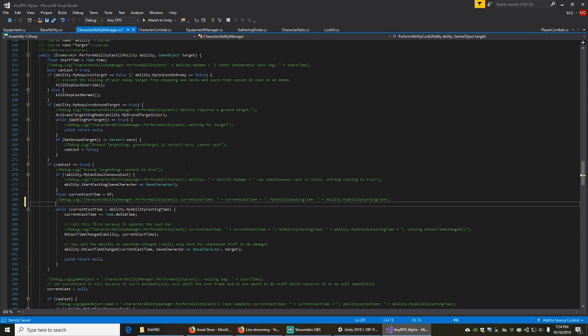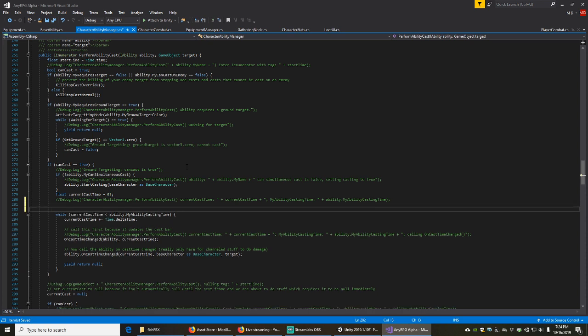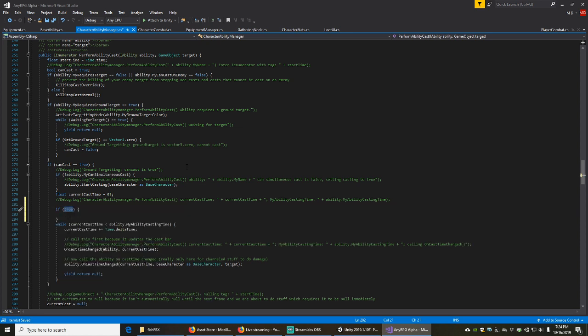So basically what we're going to do is we need to run a check here. And just make sure that the ability casting time is not 0. So if ability.myAbilityCasting casting time is greater than 0, then we're allowed,